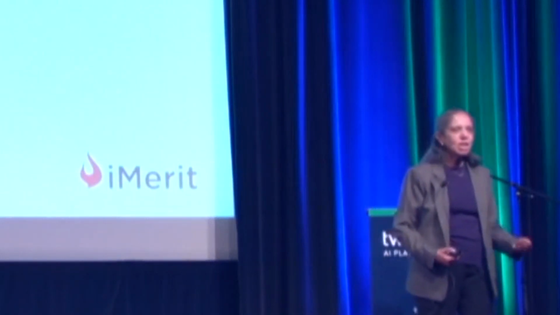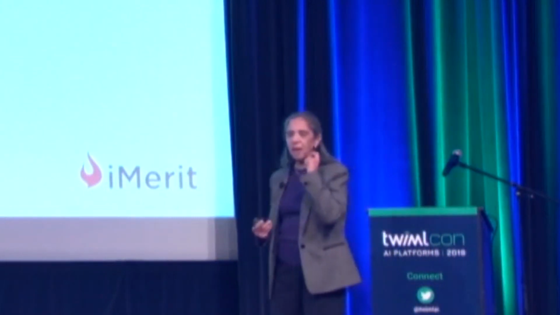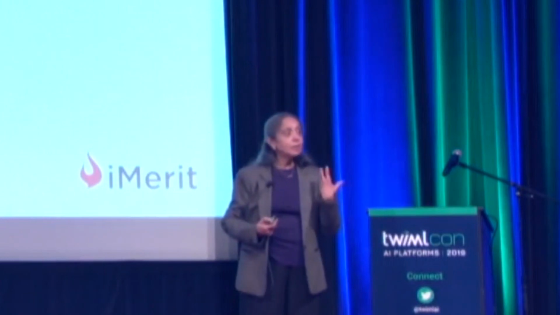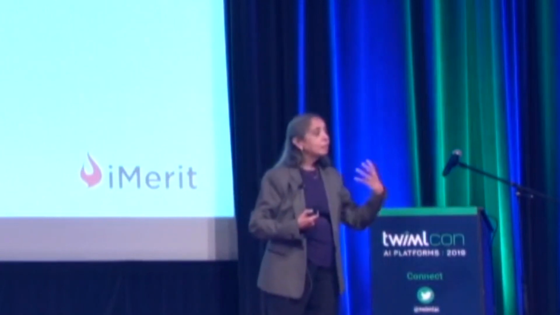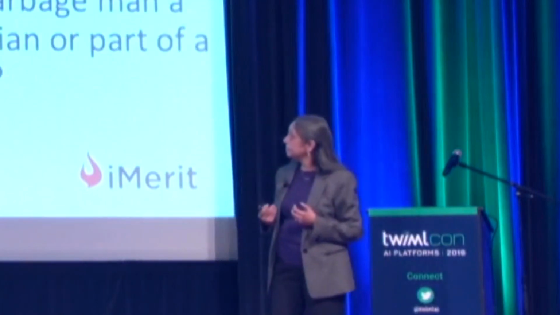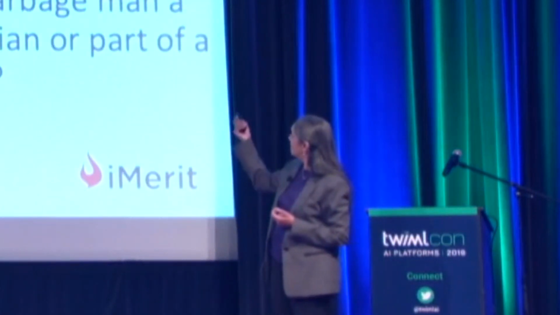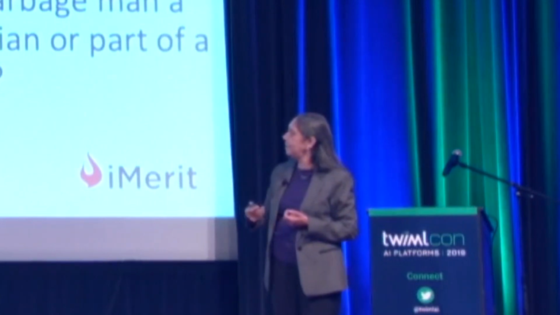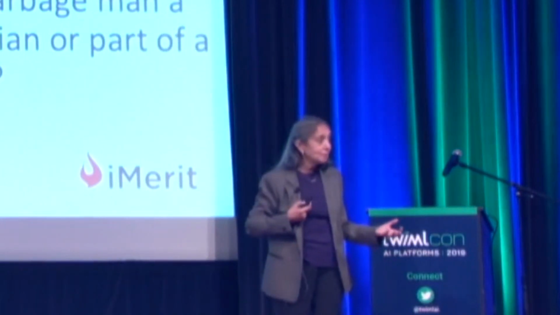And why? Is it because I'm a woman, female, I like to hire female? No, they do the darn best computer vision work. You have an image, and you have 90 bounding boxes to draw on that image. At pixel level accuracy, you can get that. So we have looked at different skills of different people and analyzed where the natural language processing comes in, where computer vision comes in, and who would be the best people. So you can say, is this a garbage man, a pedestrian, or part of a vehicle? Are you trying to avoid hitting people, or are you counting people? These are all judgments that need to come across.